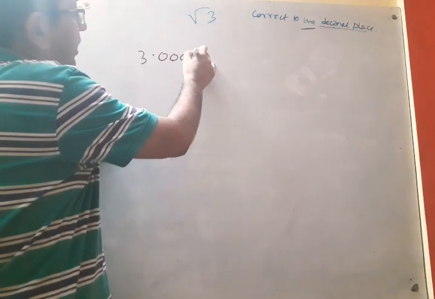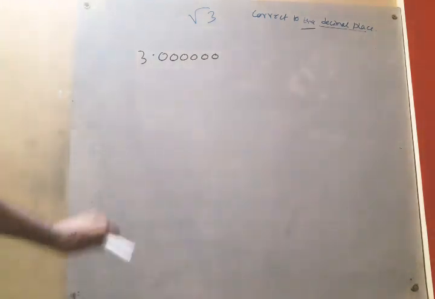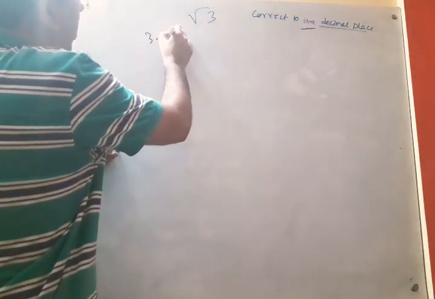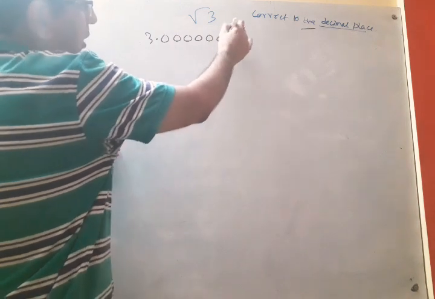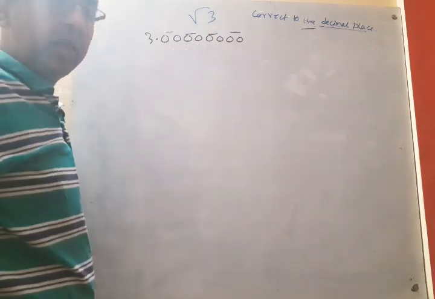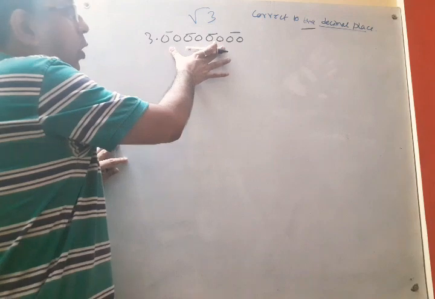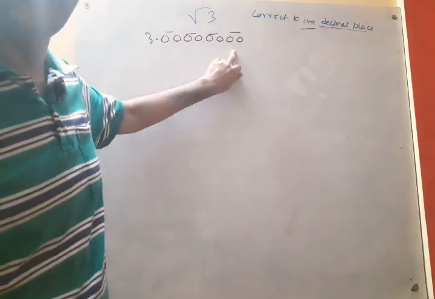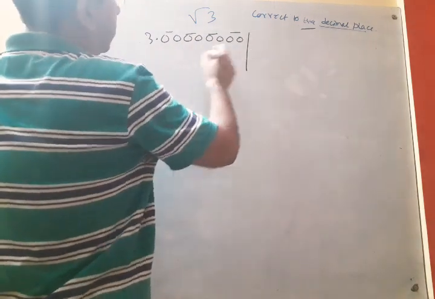3.1, 2, 3, 4, 5, 6. Okay. One thing we do, we will go a bit higher. So 3.1, 2, 3, 4, 5, 6, 7, 8. Why? Because we get 4 digits after the decimal after square rooting. That is why we have written here 8 digits. That is 8 zeros. Because this was not given, I have added this number. Now go for square root.